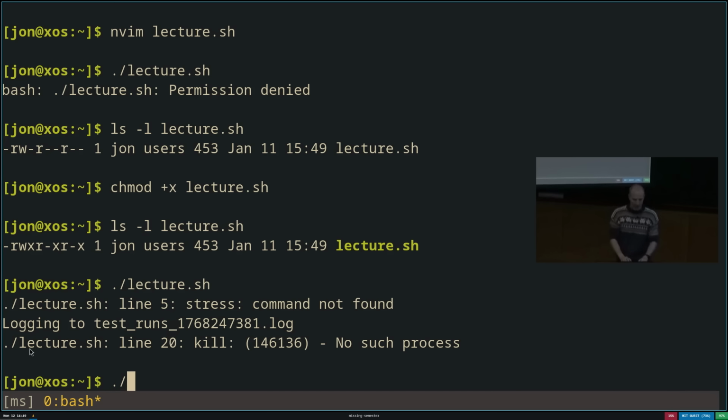You'll also notice that I had to do ./. If I do lecture.sh like this, it will not know that this is a program in the current directory. Instead, it will search my path for a program by the name of lecture.sh, and it will not find any. And so I have to specifically say, I want to run the program in this directory. This is for safety reasons. You don't want the shell to automatically pick up whatever program happens to be in the directory you're in just because it was named the same as a program you wanted. Because it would mean that if I created a file called ls in my current directory, my ls would no longer work because it would pick up that ls instead of the one in my path.